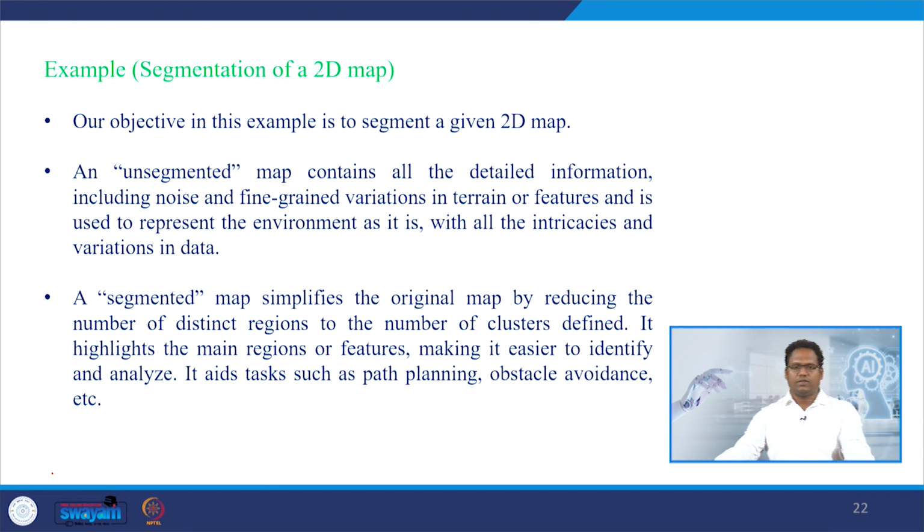Let us see a quick example, that is segmentation of a 2D image or 2D map. So, our objective in this example is to segment a given 2D map. In that case an unsegmented map containing all the detailed information including noise and fine grained variations in terrain or features is used to represent the environment with all the intricacies and variations in data, which is nothing but an original image, let us